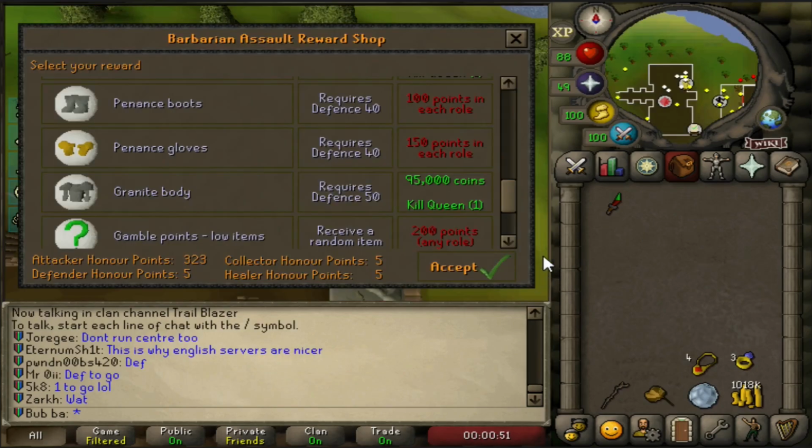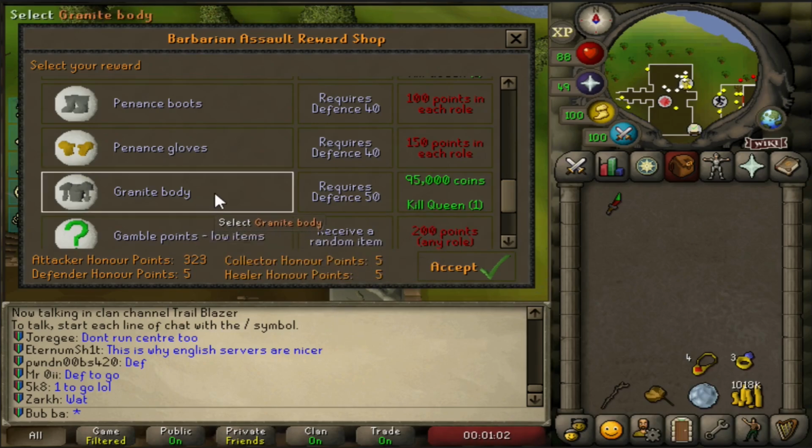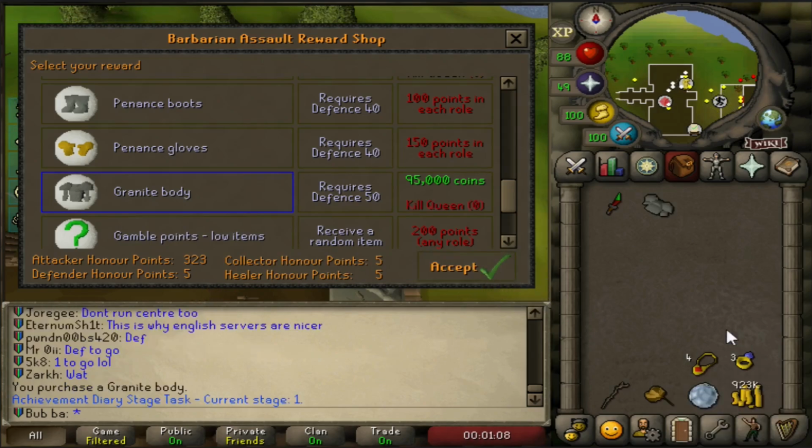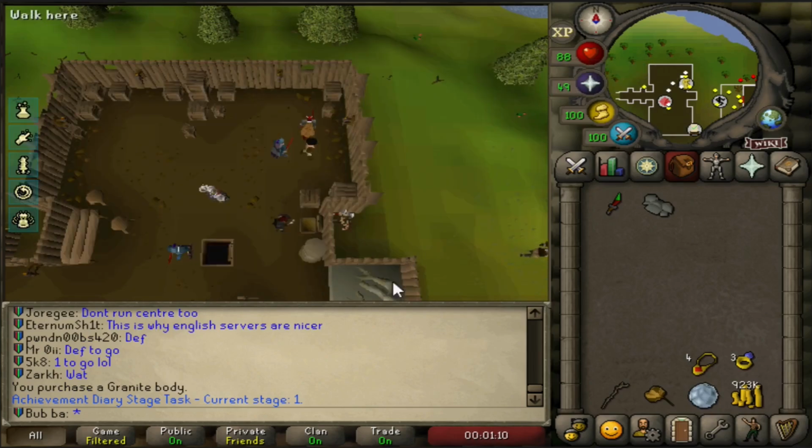Hey, I just realized we got over a mil cash. I never even realized when it happened. But I went ahead and took a break from Fossil Island Wyverns because we were getting a little unlucky on the rune pick. I did a quick queen kill, and now we're actually going to buy this granite body because that should be a diary task. We'll now dip back below 1 mil, but I believe...